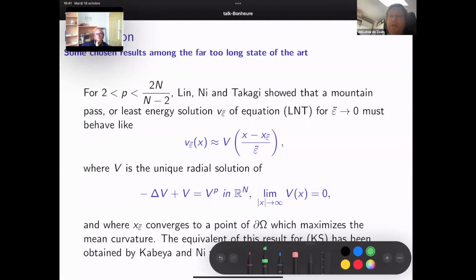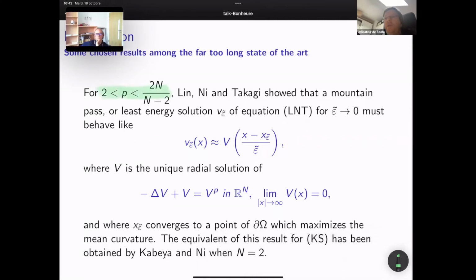Well, in the subcritical regime, when p is less than the critical Sobolev exponent, it has been shown that the solution at the limit when epsilon goes to 0, and here I'm talking about the pure power case, so the Lin-Ni-Takagi equation, the limit profile is a soliton. Okay, so it's a minimizer of the Gagliardo-Nirenberg inequality, and you have that your function behaves like a rescaled soliton centered at some point